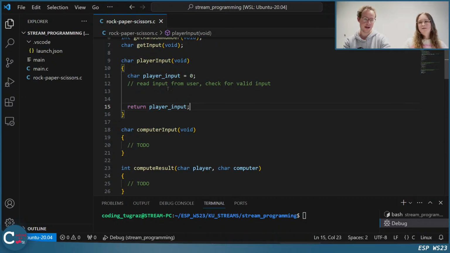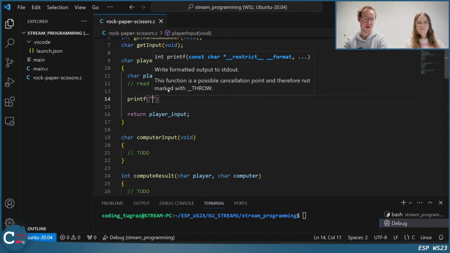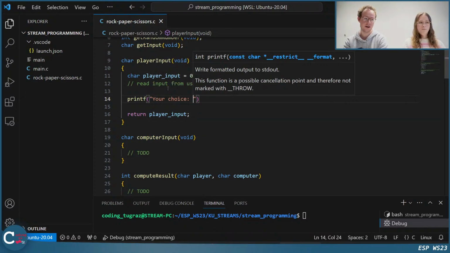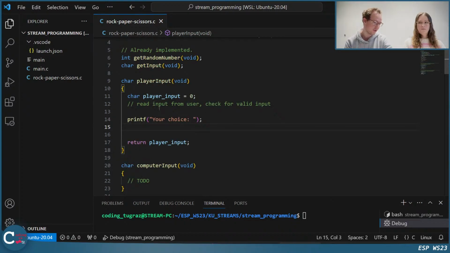Okay, and how to do this now? So I probably write something like this. Your choice, the player should input something, and now you would use scanf directly in the assignment. To not spoil everything, I will use this getInput function, which returns me the character the user entered.